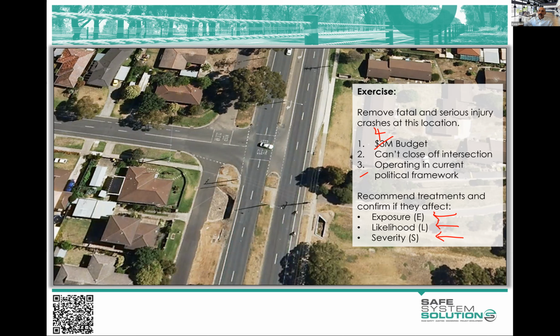Okay, so Mark's asking a bit of a clarification question. What is the adherence to the posted speed limit? So 85th percentile speed there is pretty close to the 70 kilometers per hour. So 85% of vehicles within that. And then there's a bit of a tail of people going a little bit faster than that.